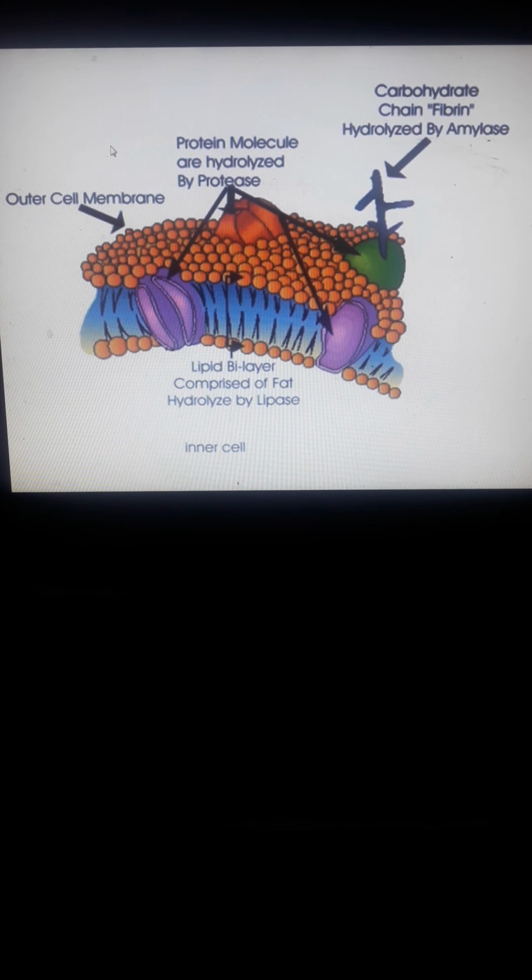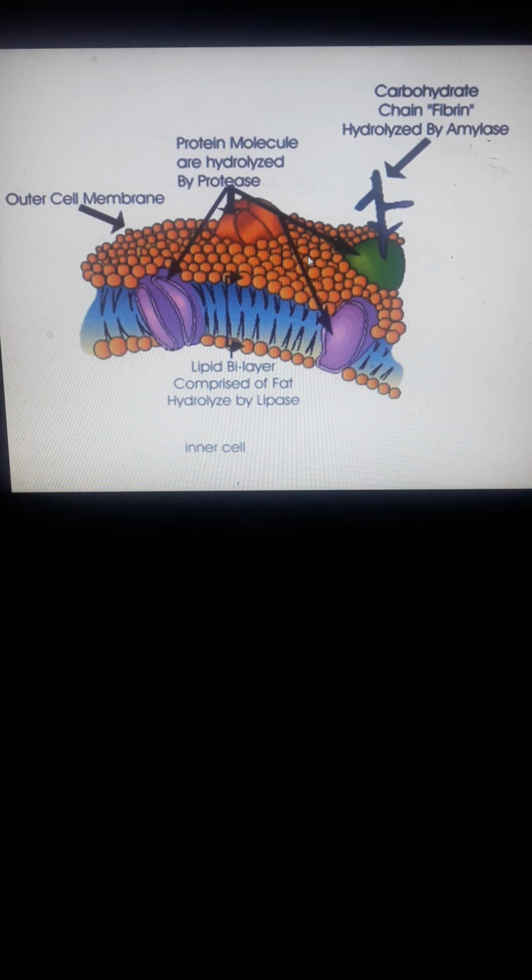To continue our discussion, this is an example. This is the cell membrane. Protein molecules are hydrolyzed by protease enzyme, and the lipid bilayer is hydrolyzed by lipase, and then the carbohydrate chain is hydrolyzed by